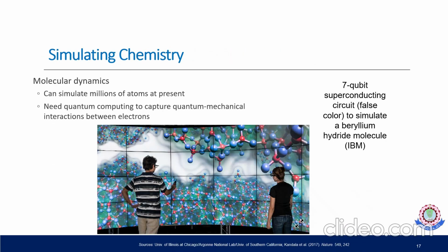So the third example is simulating chemistry, which uses 7-qubit superconducting circuits, shown with false color, to simulate the beryllium hydride molecule, by IBM. This is useful for simulating millions of atoms at present, which needs quantum computing to capture quantum mechanical